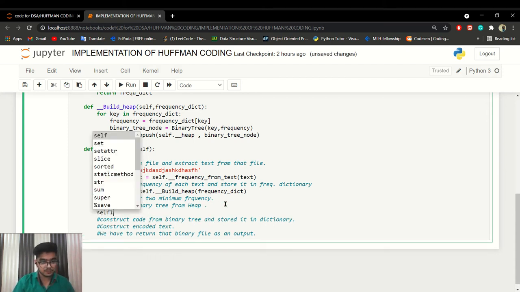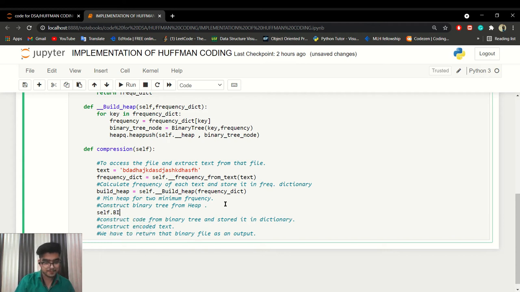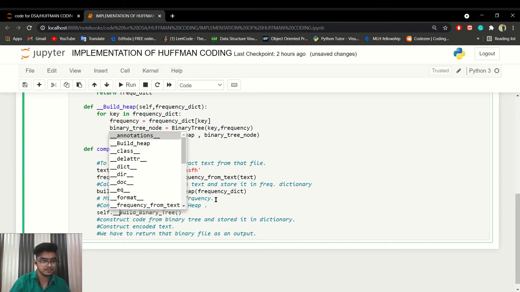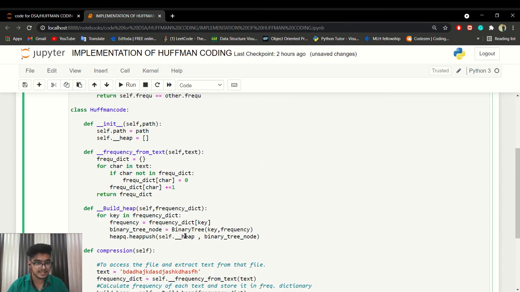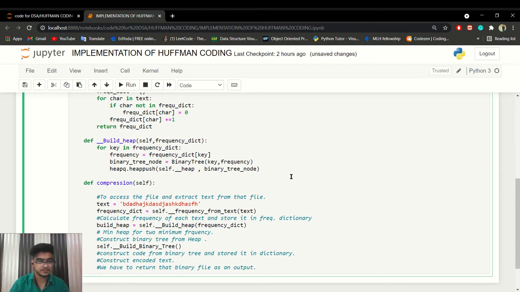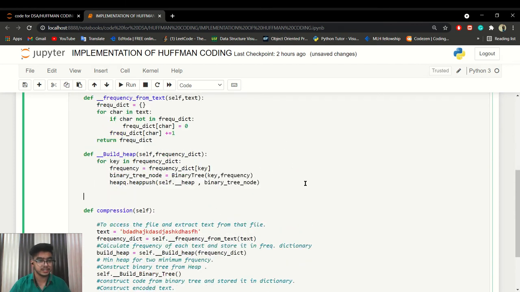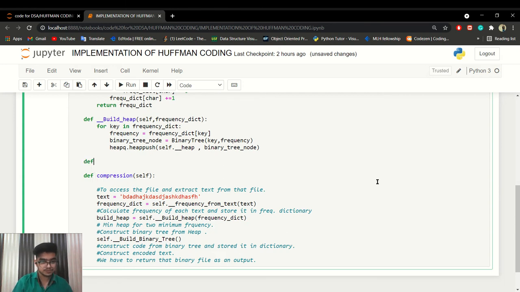So we are calling a function which is self dot build binary tree, and we have to make it private, and let's code it there, which is build binary tree, and here we have to do this.